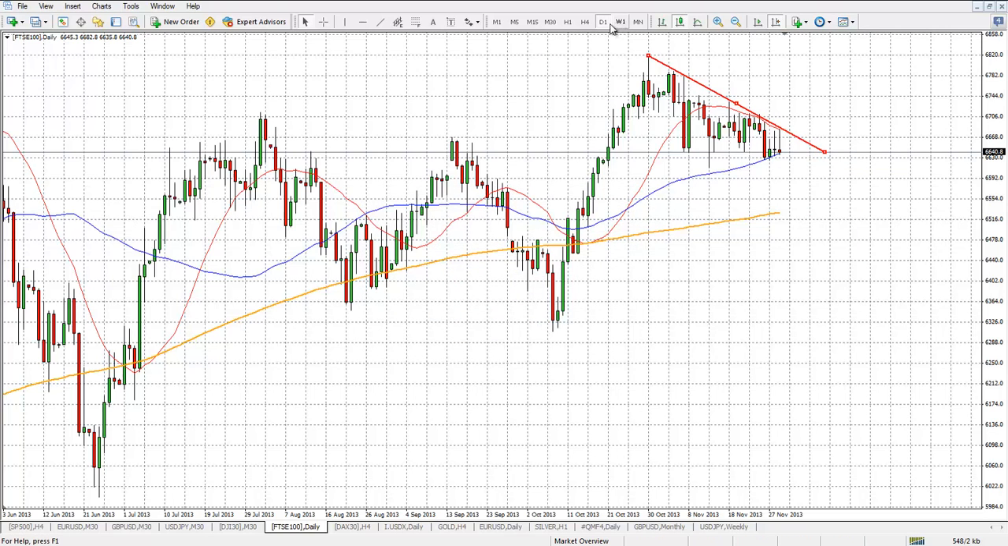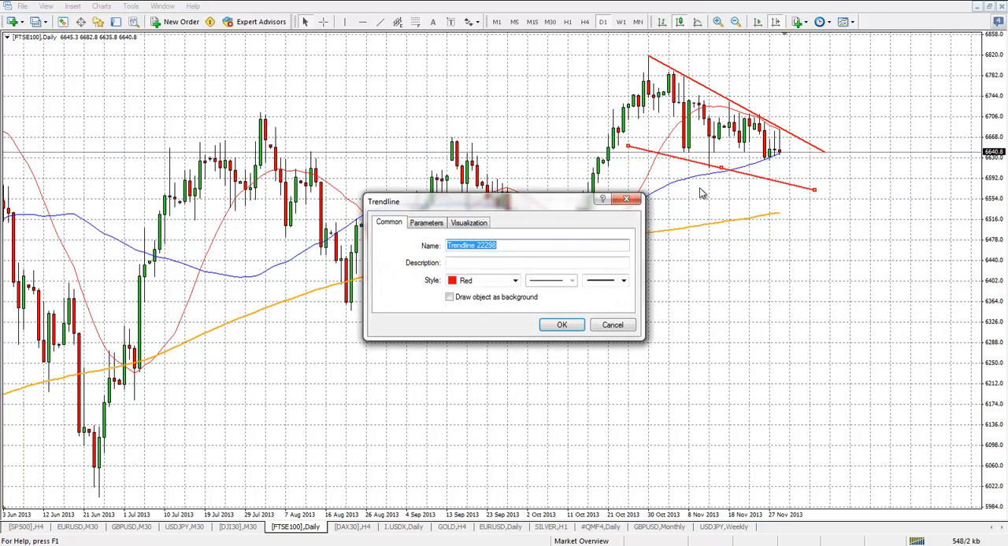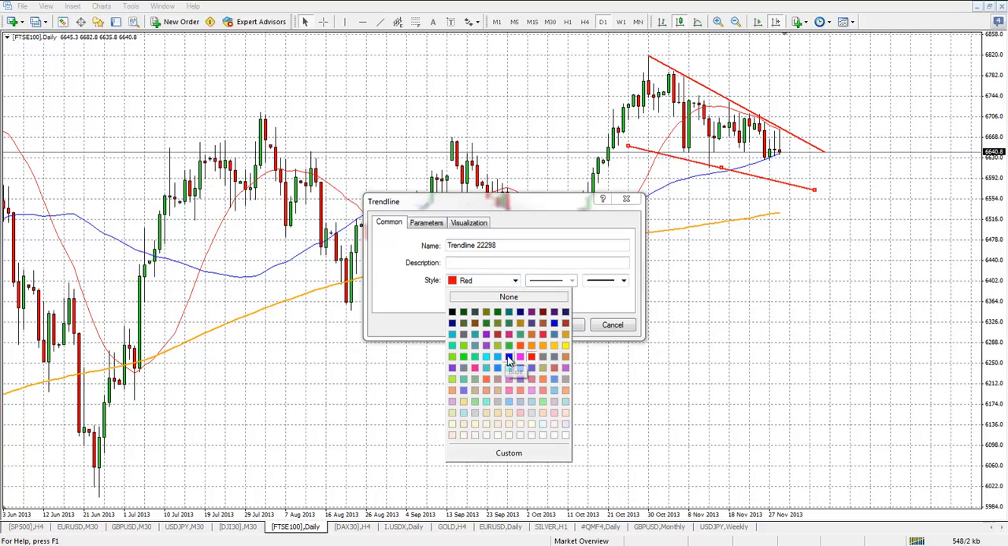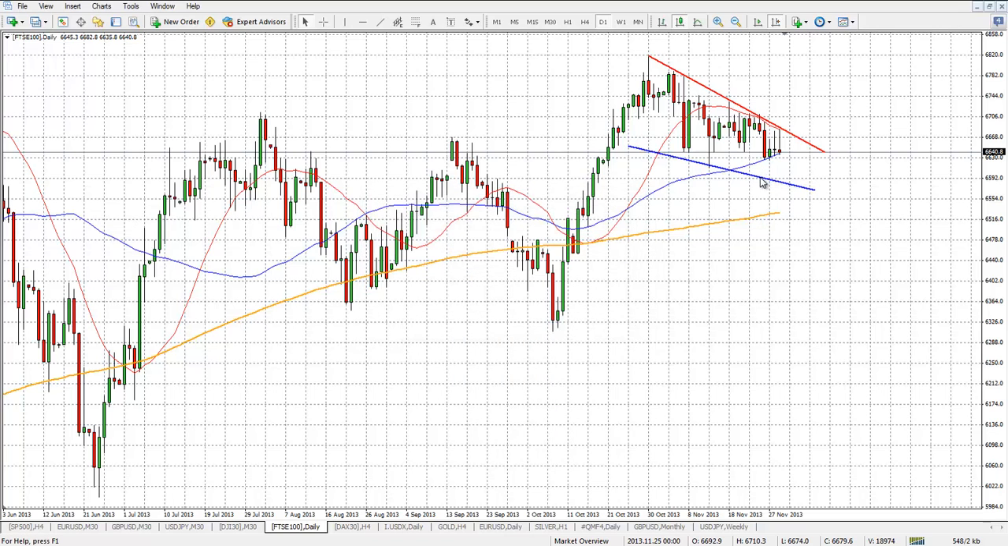So let's do that. Then we can have a nice little support going down here as well. It's not a textbook, but it appears to be there. So in my book, we are currently supported by a 50 period moving average on daily, which is quite important support, and a further loss or a daily closure or even 4-hourly closure below the 6636 level